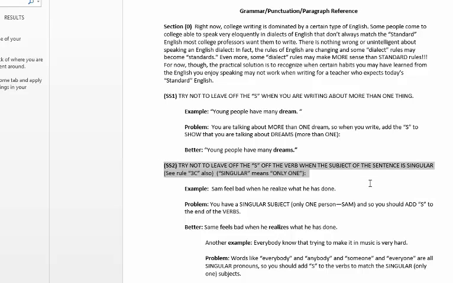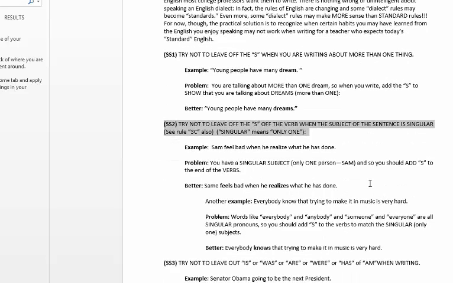Now Josh has the ability to read why I circled that and it reads here, try not to leave the S off the verb when the subject of the sentence is singular. Singular means only one. Well, maybe that explanation makes sense to Josh, maybe it doesn't, so he can read the examples. Sam feel bad when he realized what he has done. The subject is singular, Sam. Singular means one, there's one person. Well, when the subject is singular,